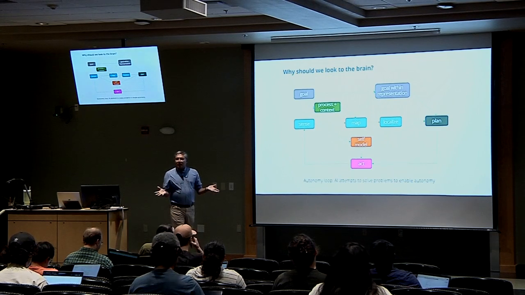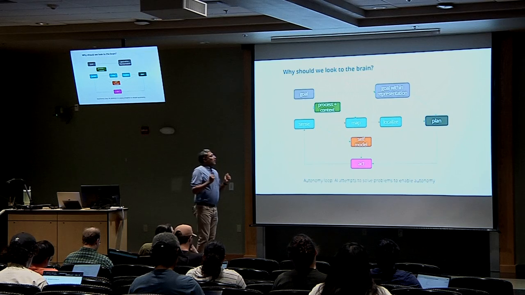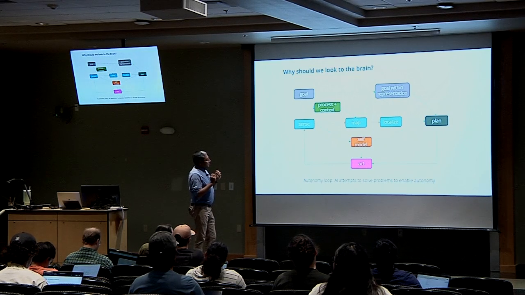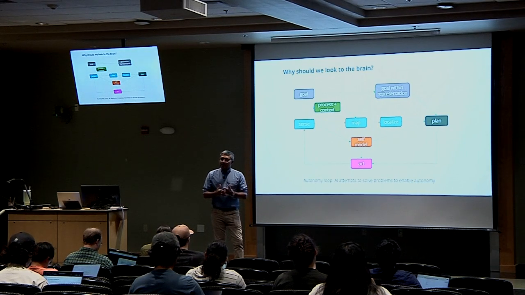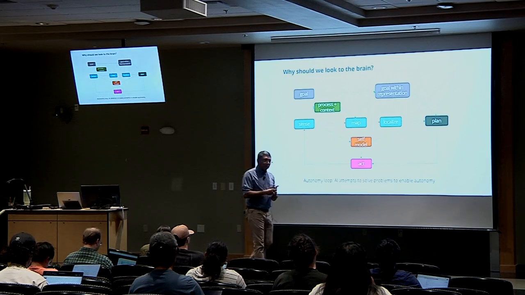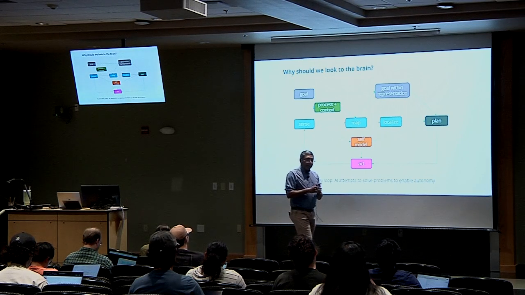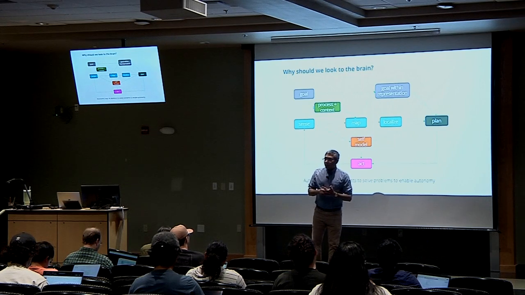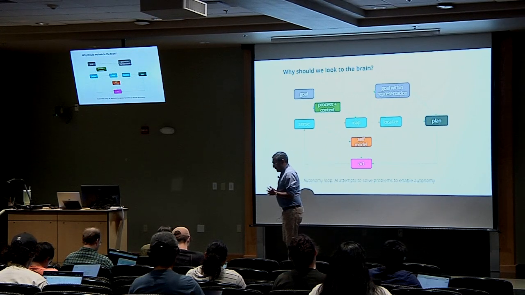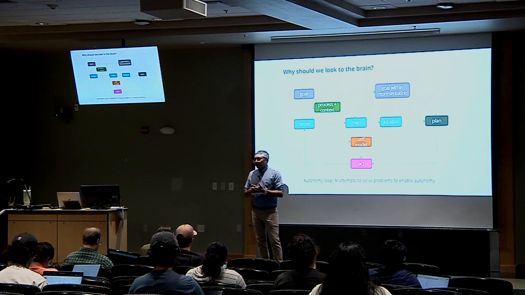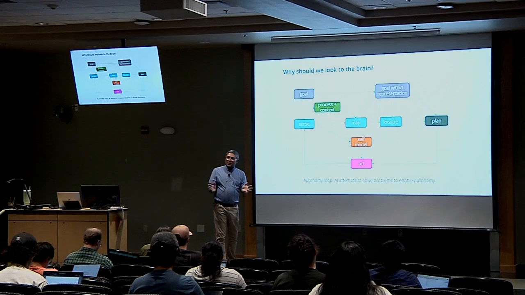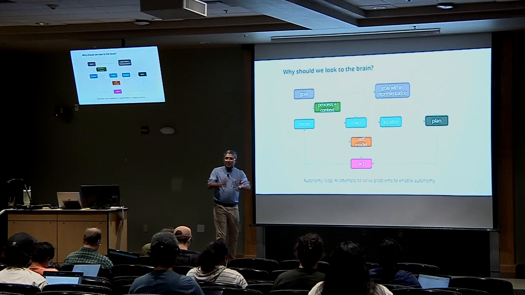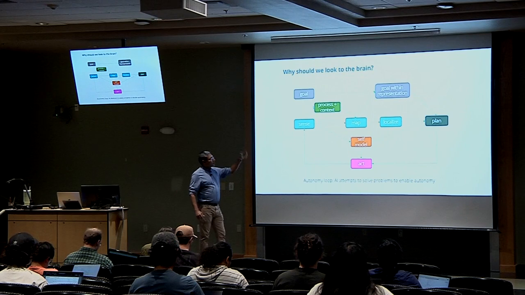So why should we look to the brain? The reason people try to build artificial intelligence systems is simply because we are fascinated with what natural intelligence can do. And we see that it can solve problems efficiently in ways we just don't know how to code a computer. That was the original intention. We'd like these, not just learning systems, there's more things that AI does that's not necessarily machine learning, it's a broader challenge. We'd like to be able to solve all of that.